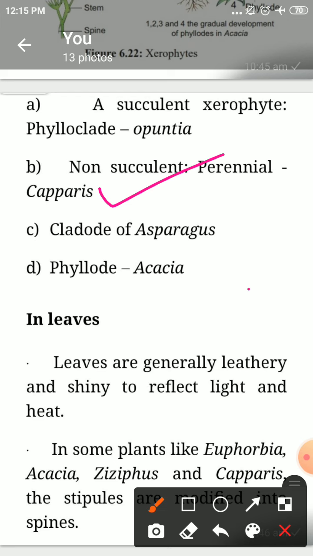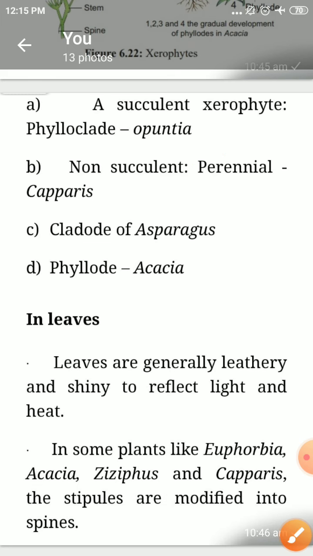Then we have also discussed the asparagus cladode. We have to see the asparagus climber in the campus. And we have discussed the phyllode seen in the Australian acacia plant, where the leaf petiole is modified into a lamina-like, true leaf blade-like structure. We call it a phyllode. So this is all about the adaptations seen in the stem. Now,